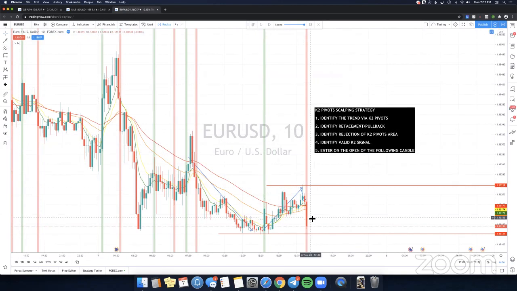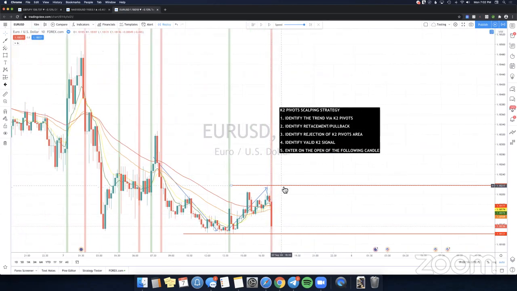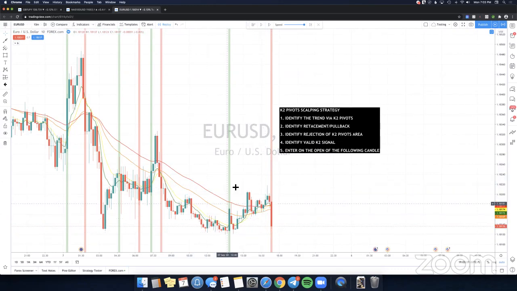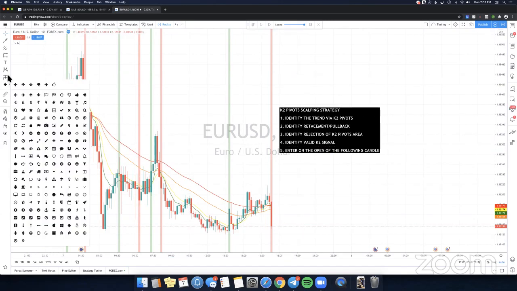Last requirement, identify a valid K2 signal. So right here we have a valid sell signal since it's red and it has a red candle. So if we take all this off the chart, we can use the last requirement, enter on the open of the following candle. So you can enter